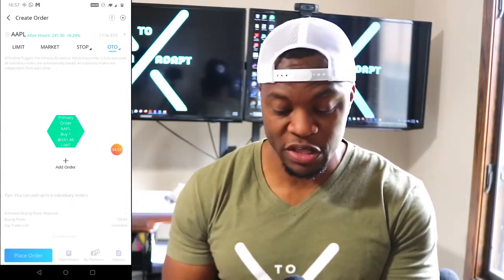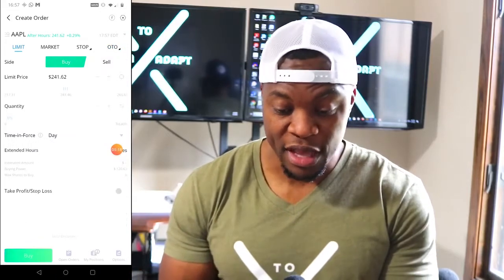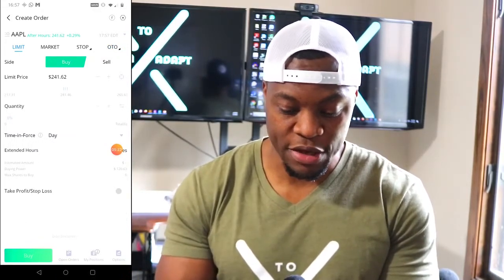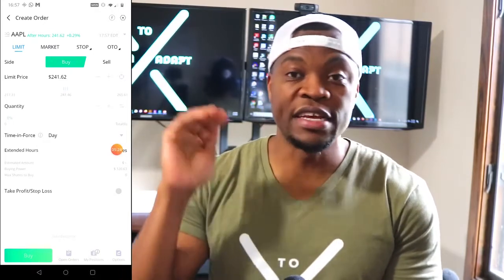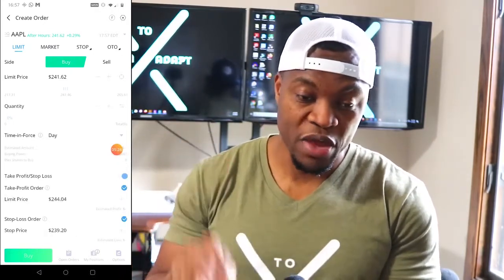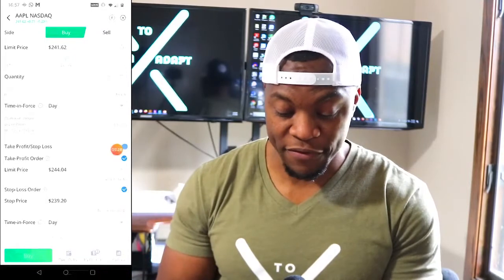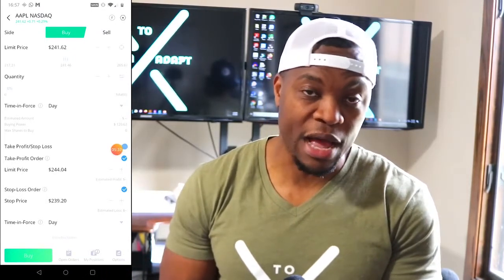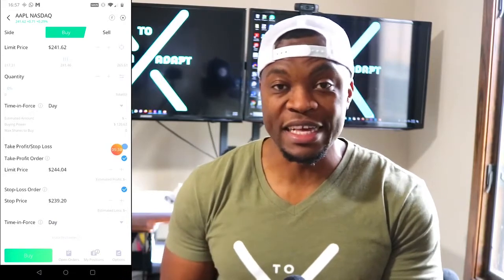So that's a really good feature that I found here that you can actually use. So let's say you do a limit order and there you can pick it. Here's one thing that I love about WeBull that Robinhood doesn't have. You see this feature down here. It says take profit and stop loss. This feature doesn't exist in